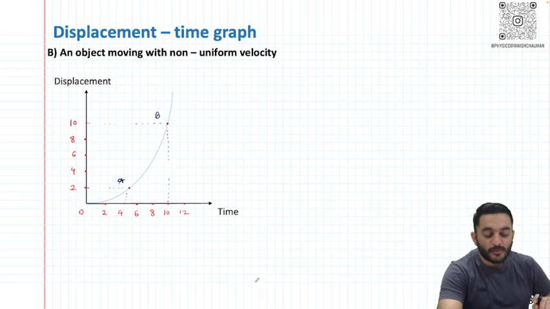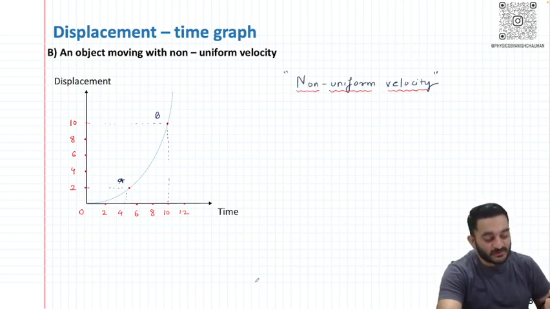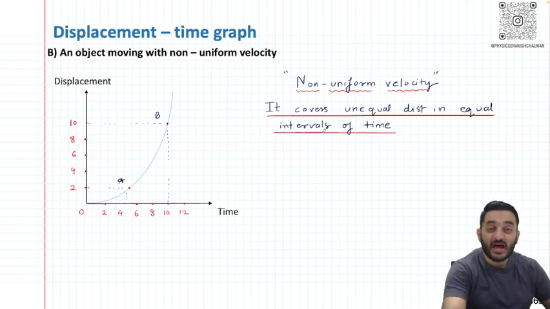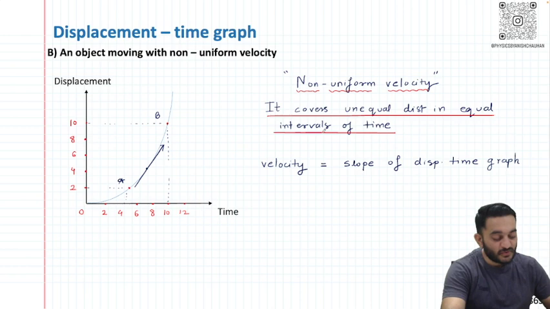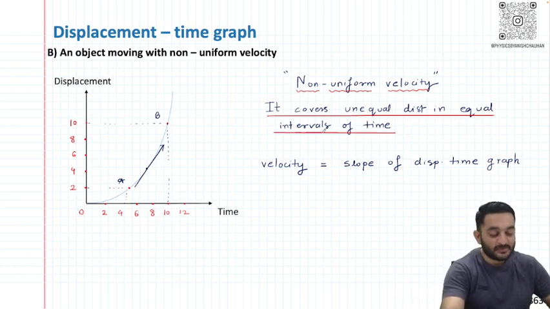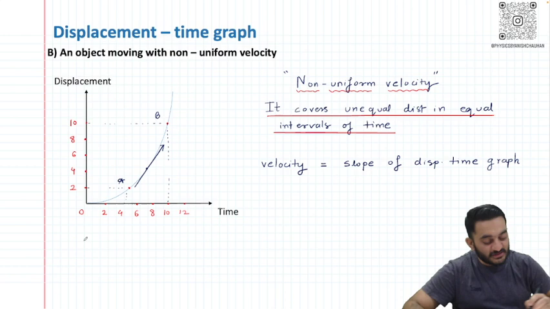When we talk about an object moving with a non-uniform velocity, what we need to understand is that it covers unequal distance in equal interval of time. And here if we need to calculate the velocity, again we will take a slope of displacement time graph, but we need to understand that here we are talking about a tangent touching the point on a curve. So this velocity which we are going to get, it is going to be